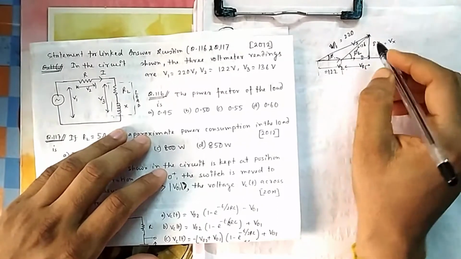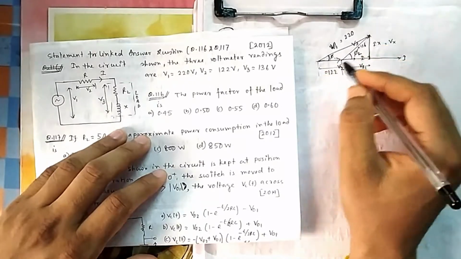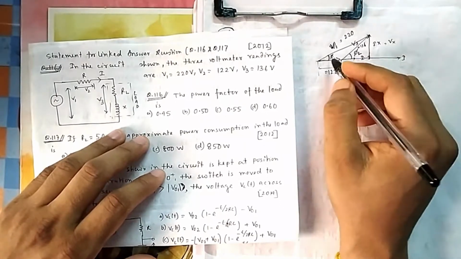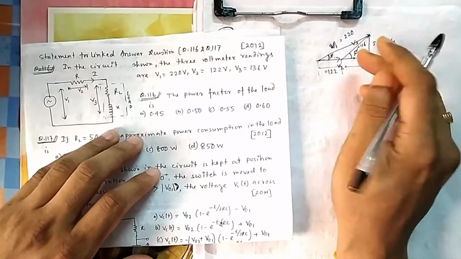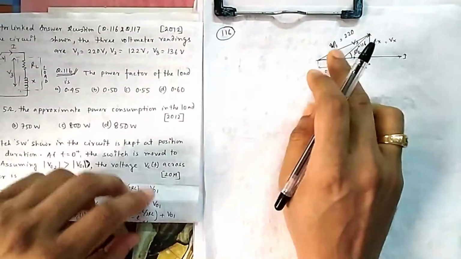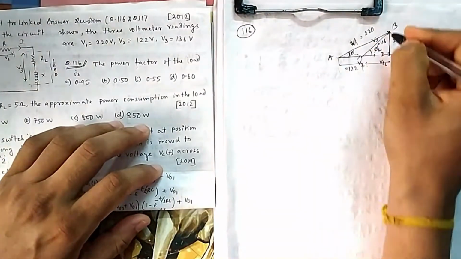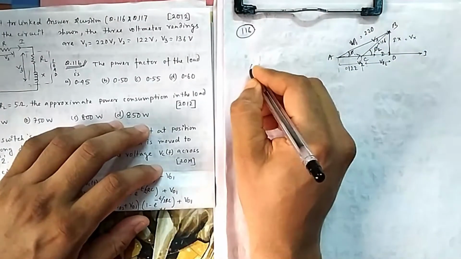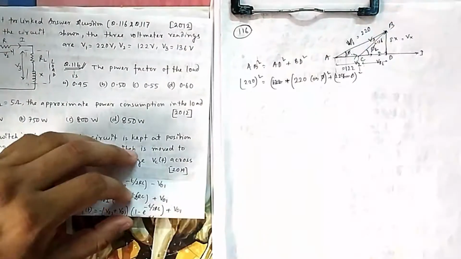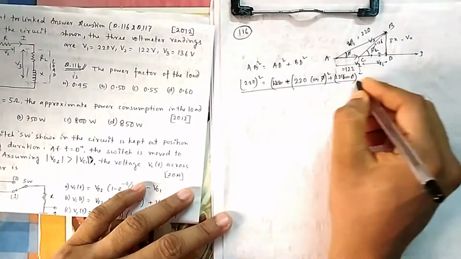So what will be the simple geometry? If I take this square is equal to this square plus this square, then you can find it. So if I go with the bigger triangle first, I don't have phi L, because if I take the smaller triangle, then I will have both unknowns. So let me first find out phi, then I can think about phi L. Suppose I give names A, B, C, D. So AB square is equal to AD square plus BD square. If I write in this fashion, then you see 220 square, sine square plus cos square is 1. So I am not getting anything from this bigger triangle.